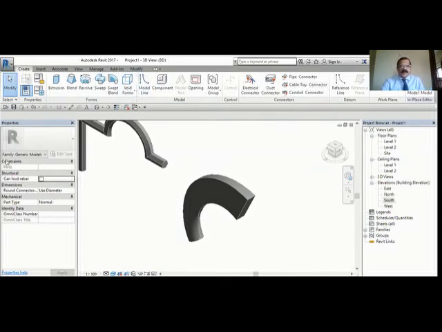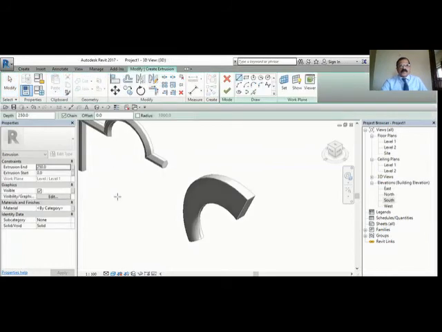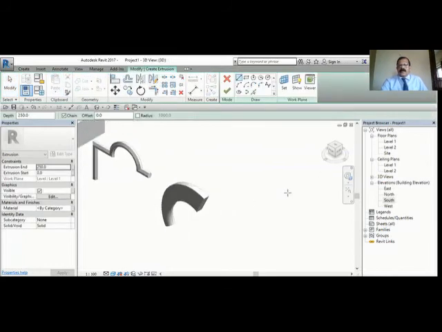Suppose you want to create a hole. When you are in the extrusion, suppose we will do that extrusion again. I'm in 3D view. I'm just going to draw a rectangle here. Click here. So if you just extrude, you get just a rectangle extrusion.